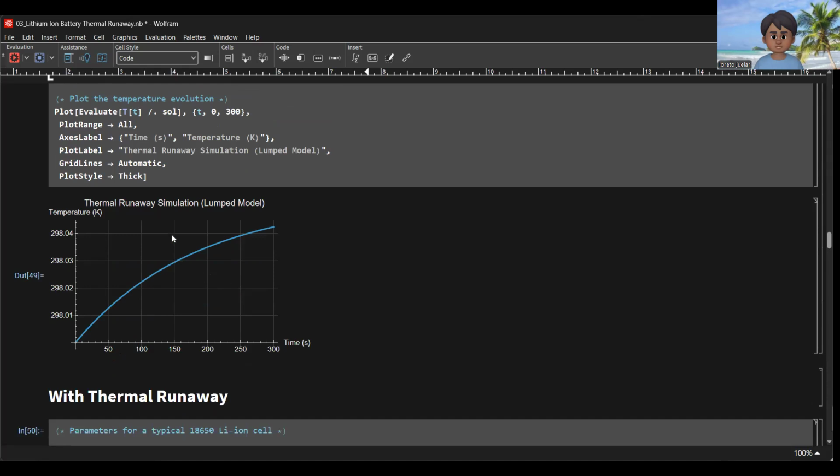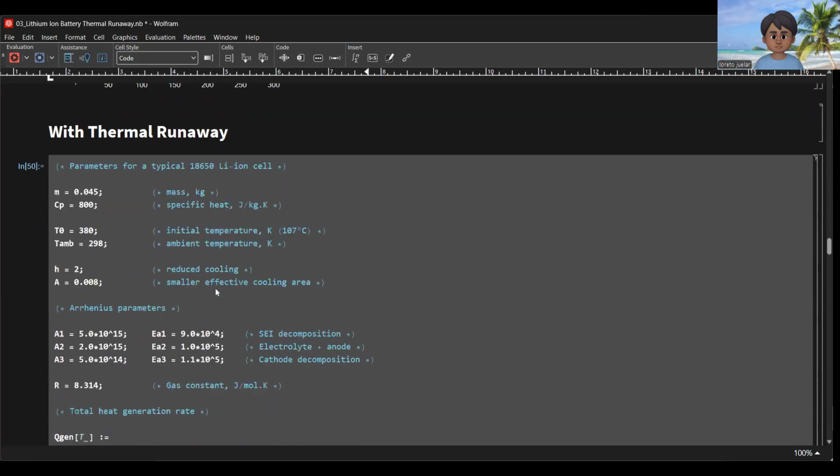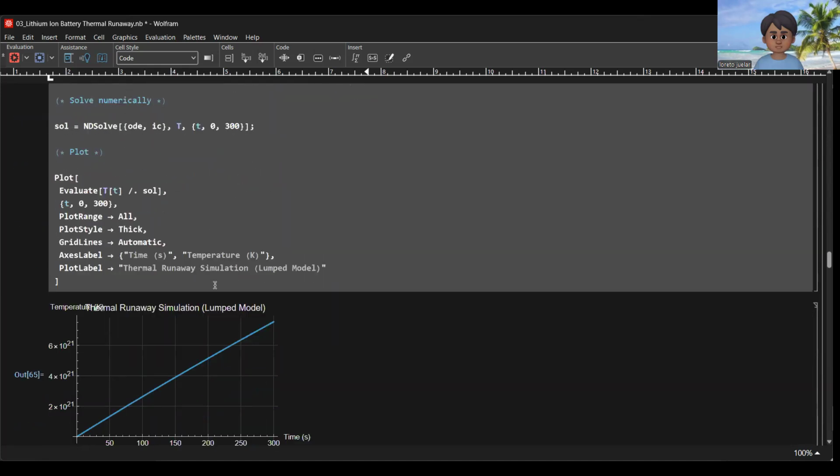So this is the thermal runaway simulation model, but actually there is no thermal runaway simulation yet. So this is a normal temperature. There is no danger of thermal runaway here, because this is only from 298.01 Kelvin up to 298.04. So there is no explosion or excessive heat generation here. But we can